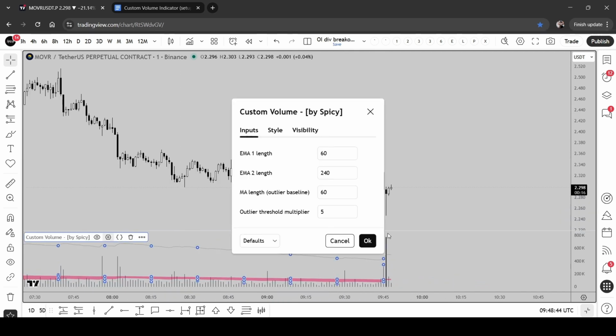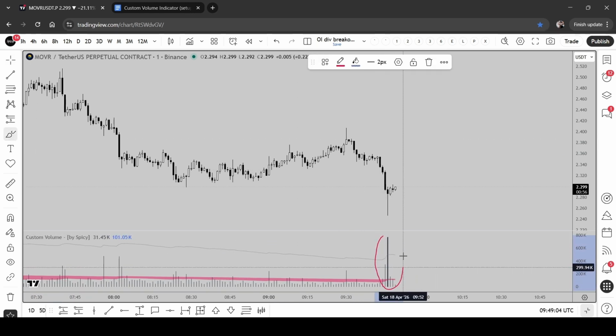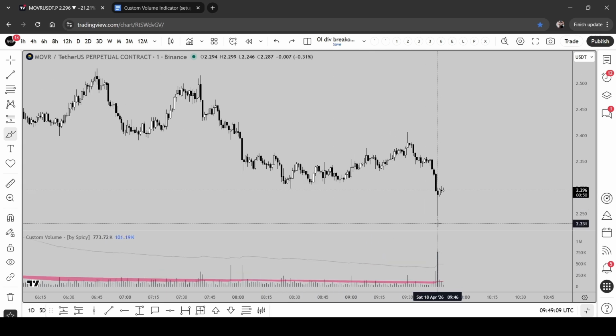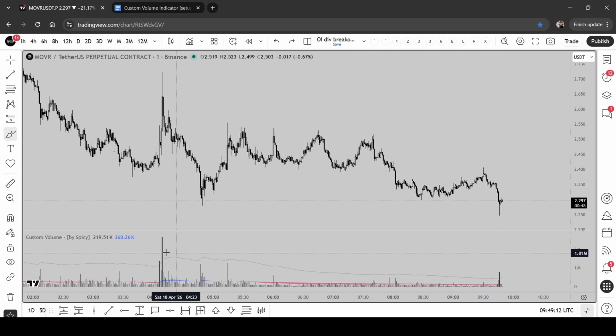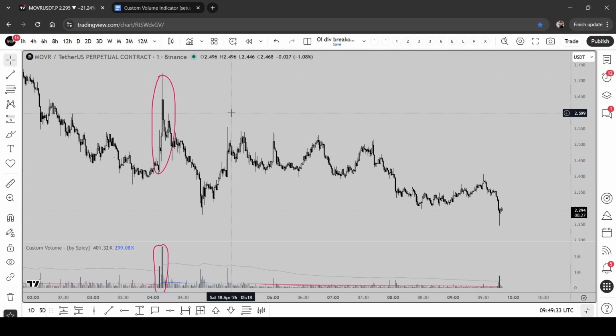So an outlier spike, how I've defined it, is if the volume that comes in on a certain bar is 5 times or greater, 5 times more than whatever the average volume is at the time, it's going to show as an outlier. So it's trying to detect what is an abnormally large amount of volume that has just come through. Now, the reason why I like to have these very clear, very easy to spot, is something that I've noticed: whenever there is a very large spike in the volume, and it's also paired with a very large vertical spike in the price